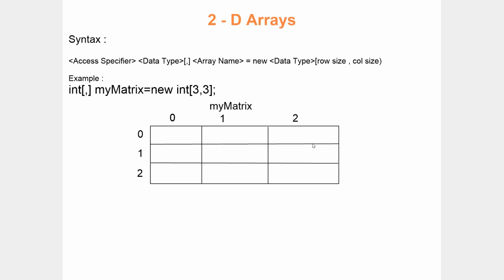So you should tell the system. But in order to educate the system, first you need to be aware of the address of each and every location. Whenever the user enters the first element, that should be stored into the first location of your matrix. When you enter the second element, it should be stored into the second location, then the third location. In the same way, you need to fill all the locations in sequence order, right? So that's why first you need to identify the address of each and every location. Okay, so let's see how to identify the address of a location.